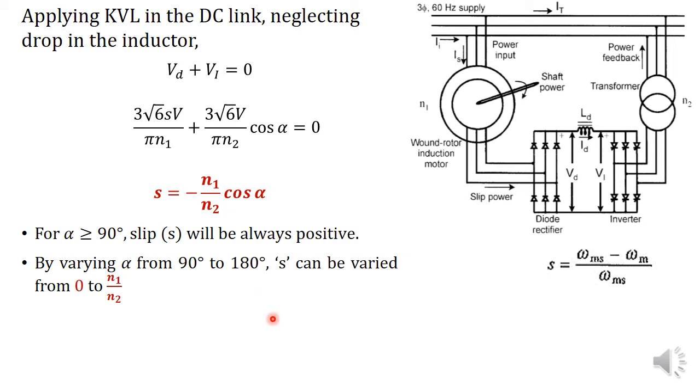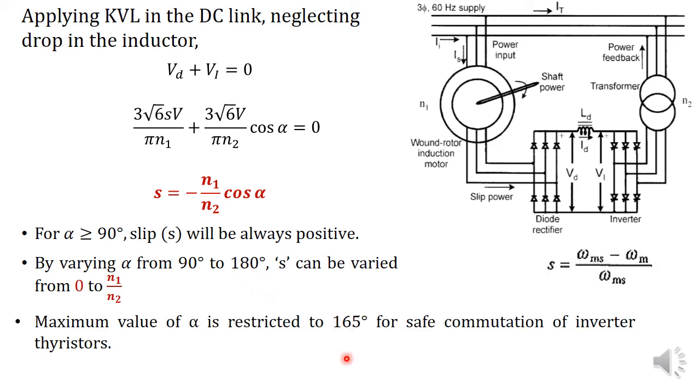But another thing to be noted is that we will not be varying the value of firing angle up to 180 degree because of some other reasons. That is for safe commutation of inverter thyristors. That is, we have to ensure that in a particular link, that is, in the case of this inverter,